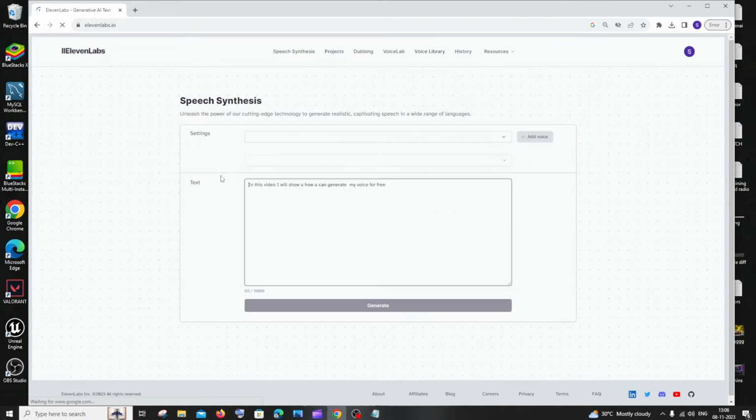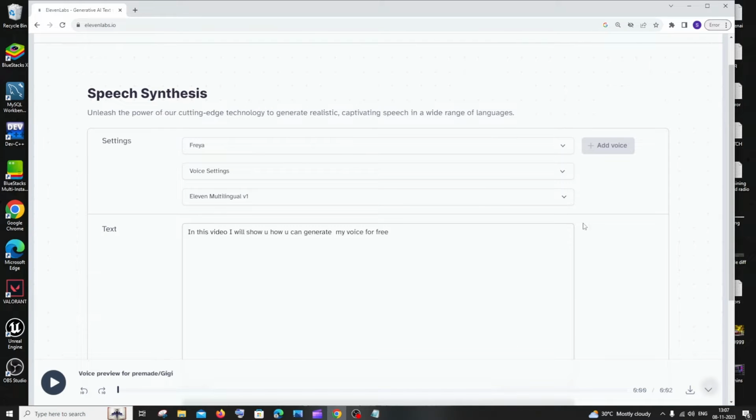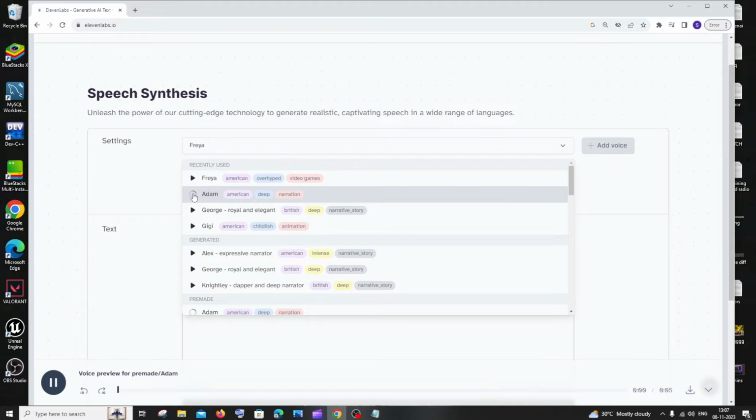Just select that, and at first you need to sign in, and here we need to select the voice that we want. For example, just click on this, and if we just play this Adam's voice,